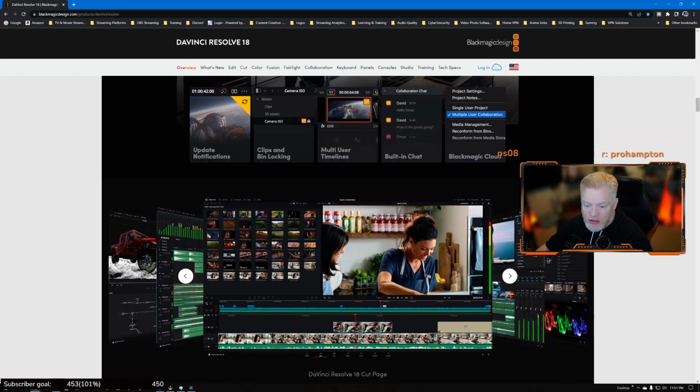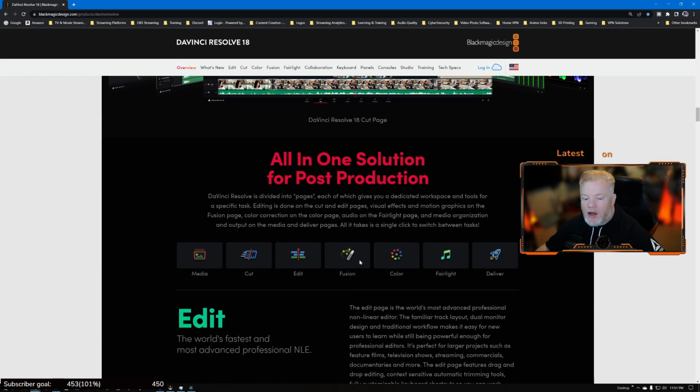But there are some pages in DaVinci Resolve. You have Media, which is of course your media files and everything else: your recordings, your VODs, whatever you're trying to edit. The Cut, which is where you're going to do your rough editing, your splicing, putting the video clips in order, working on timelines, things like that. Edit is where you're going to put in things like,